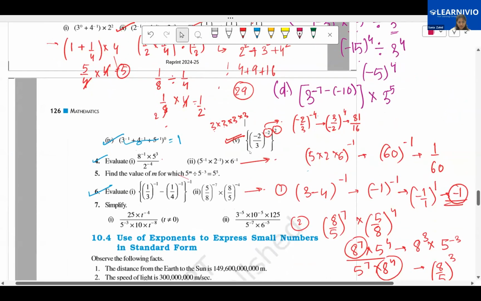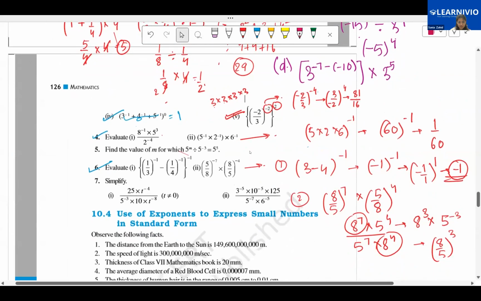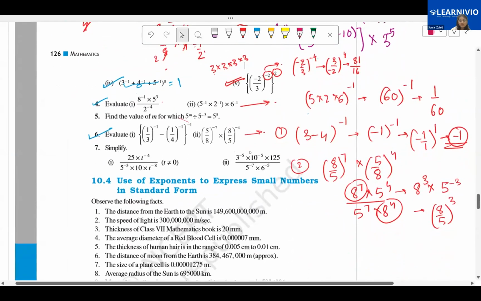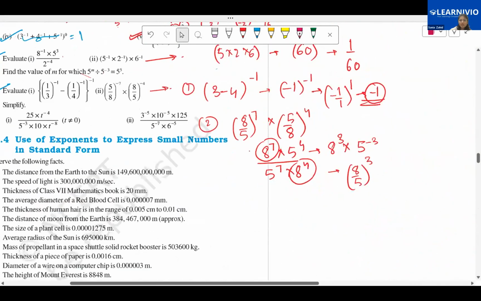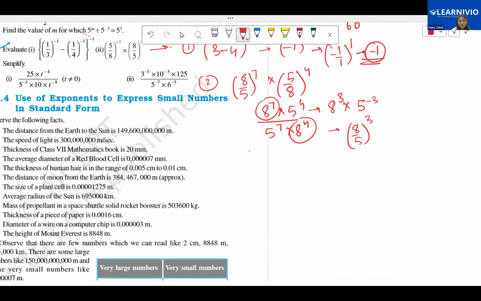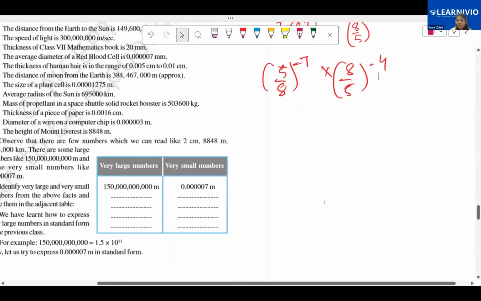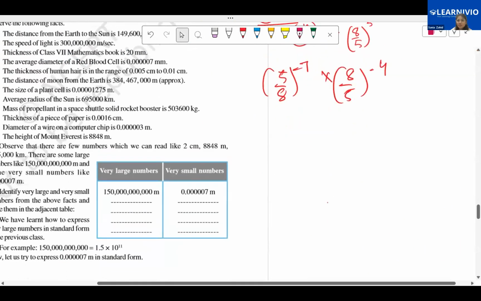Which question? Ma'am, the 5 by 8 to the power negative 7 multiplied by 8 by 5 to the power negative 4. The second question. Okay, look here. It is written. Ma'am, I have a question. Can't you cut 8 and 8 and 5 and 5? No, you cannot cut directly 8 and 8 and 5 and 5. The powers are different. See, it is 5 by 8 whole power minus 7 into 8 by 5 whole power minus 4. This is the question, right? So what you do here is you cannot directly cut 5 and 5 because here the power of 5 is minus